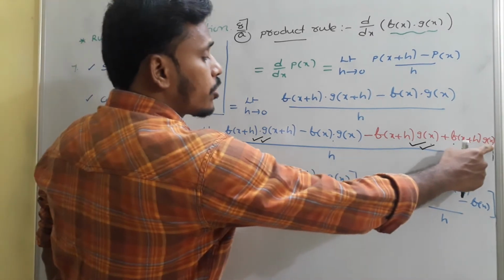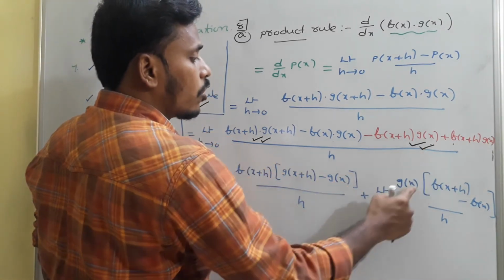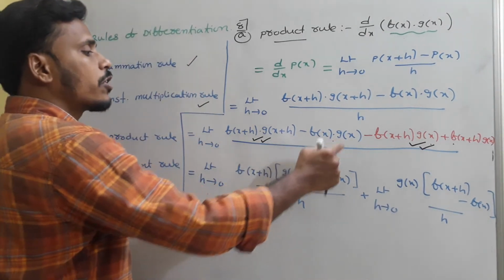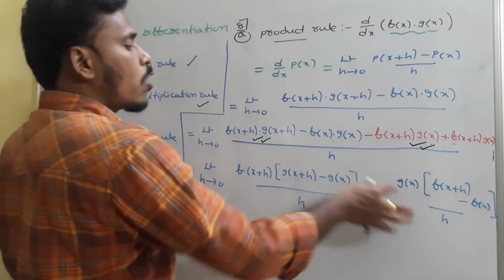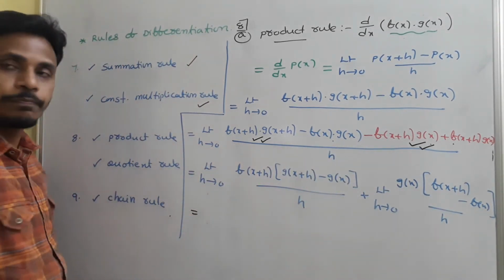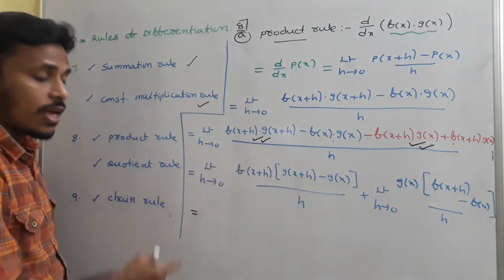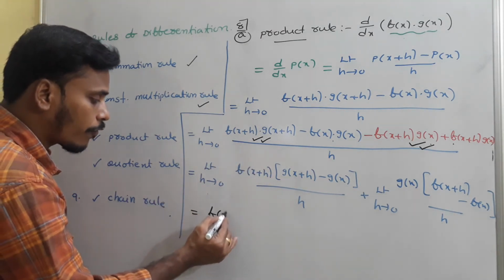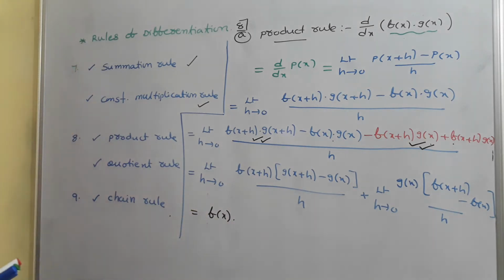So this is plus g of x into f of x plus h. So g of x is out, f of x plus h in. And here minus f of x into g of x. G of x is out and then minus f of x is in. And now limit h tends to 0. F of x plus h. As h is tending to 0, f of x plus h is simply f of x